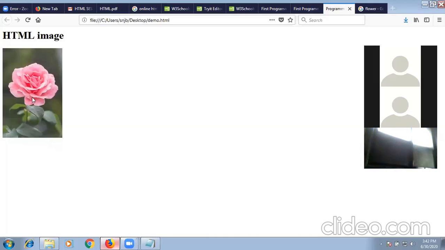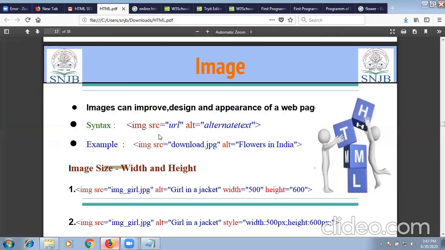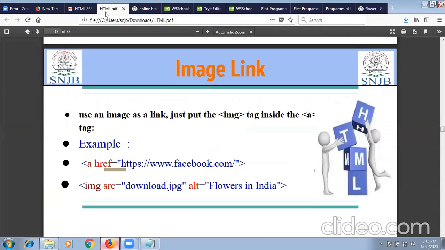After providing link, if by mistake I click this, then I will go to that phishing link. So if I want to give the image link, we will see the explanation first, then we will try it.